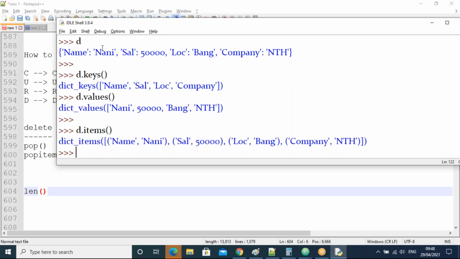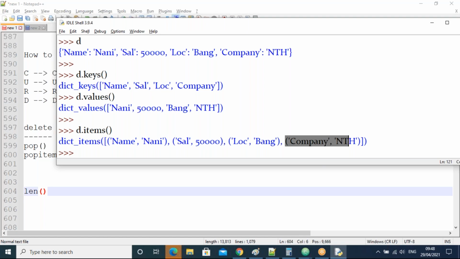See, actually name and Nani is the key value pair. The same key value pair comes as a tuple, guys. A tuple of key comma value. The second pair converts as a second tuple, the third pair as a third tuple, the fourth pair as a fourth tuple, guys. So here each tuple is one item.